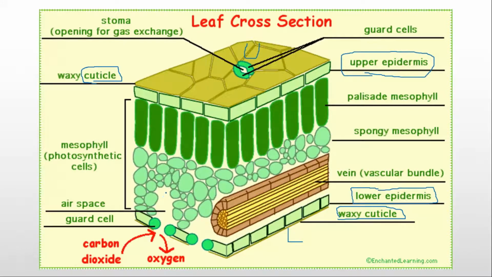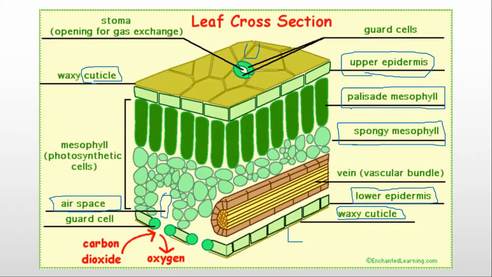Then we have these air spaces. And I told you the cells having air spaces are called spongy mesophyll cells. The cells not having air spaces between them, containing a higher number of chloroplasts trapped in a regular pattern, are called